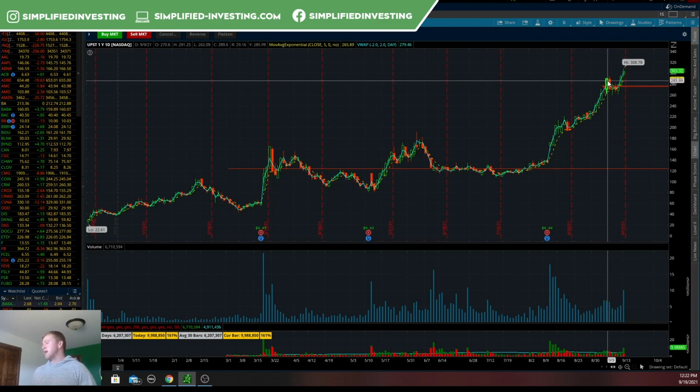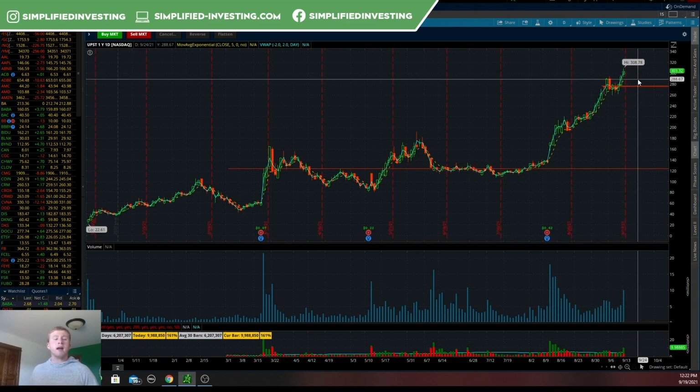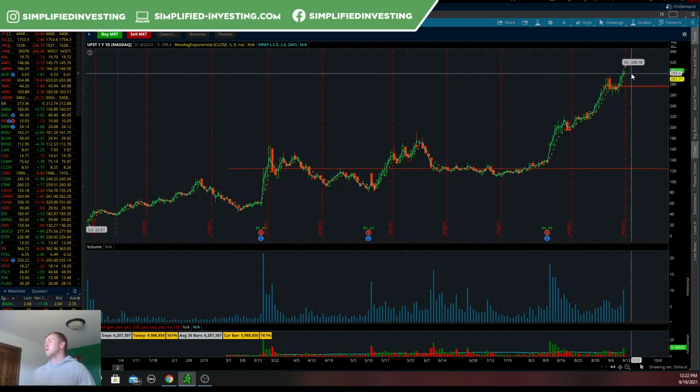From, when did we start this? On 9/9 here, you can see this cup formation here. Now we're breaking out, pushing through 300. 300 providing us with a support region below. If we do get a pullback here on UPST in the coming week, 300 should provide us with some bids